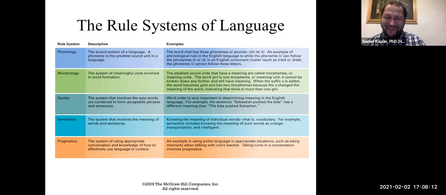From words, we get sentences, and this is why I went out of order. With sentences, we're talking about syntax. Syntax is how you string words together to make sentences. And last but not least, pragmatics are the unwritten rules of language, things like sarcasm. So you could say something and mean something entirely different, such as, sure, you were in the bathroom, right? And the way you said that is sort of like you don't believe them. Or you could use words that mean the opposite. So you might call someone who's short, hey, big guy, but you're trying to be playful for the opposite. And that's pragmatics. All right, gestures are also part of it,